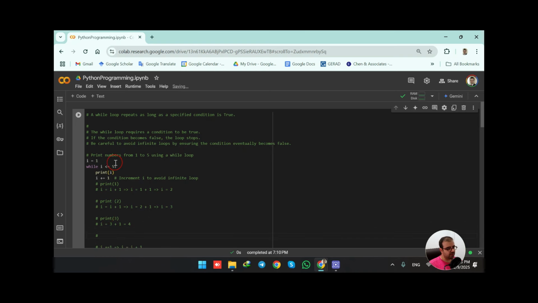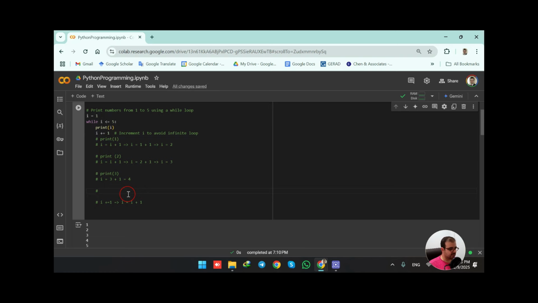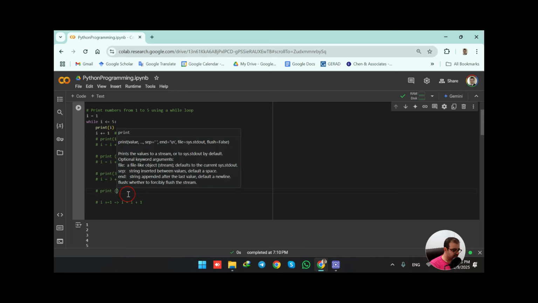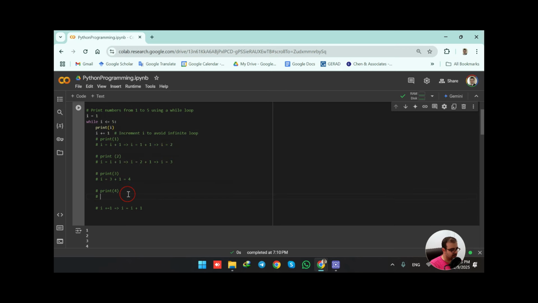And here 4 is lower than 5. Yes. So print 4. I equals 4 plus 1. I equals 5. 5 is lower than or equal to 5. Yes. So print